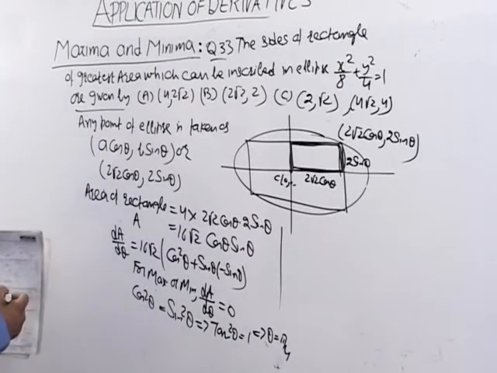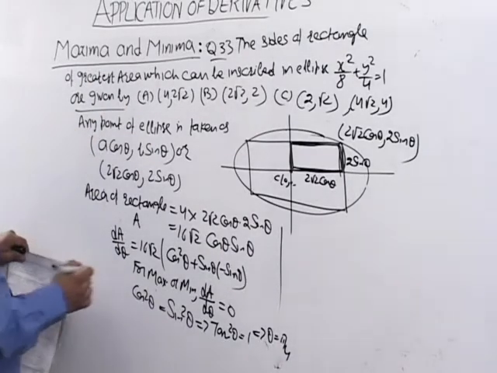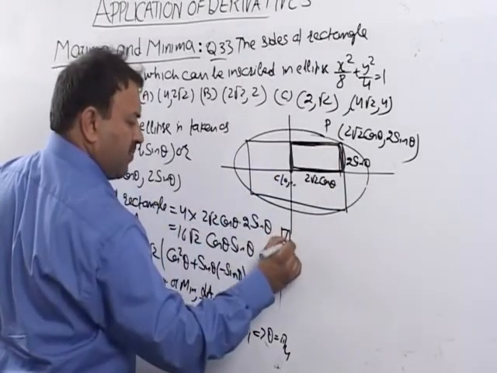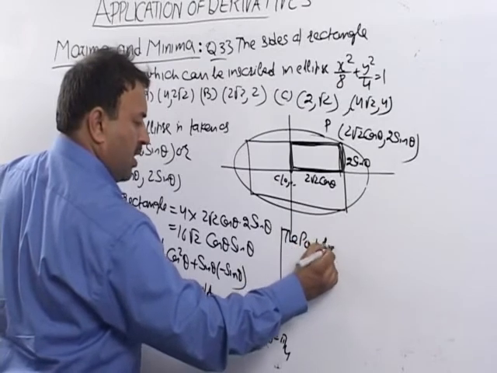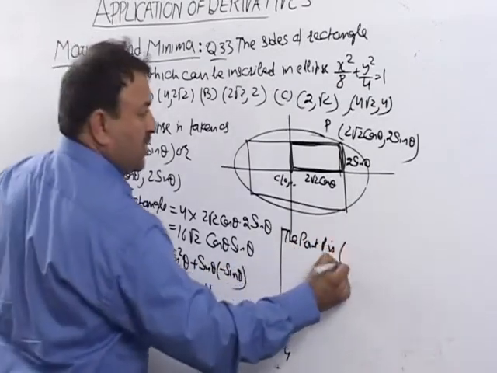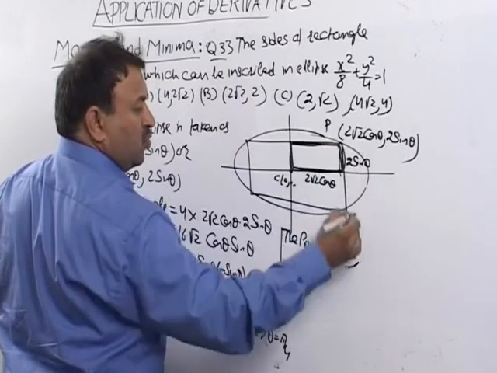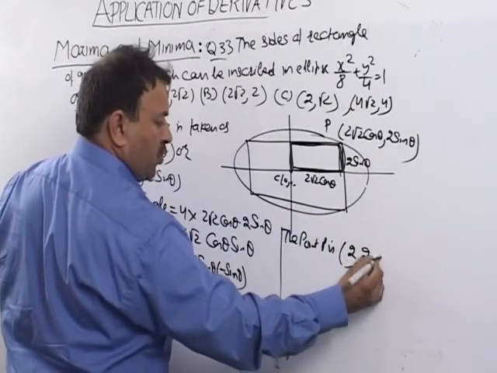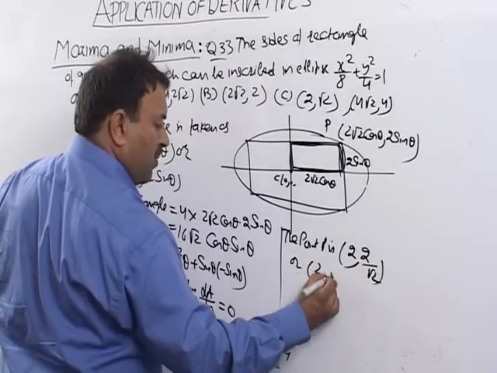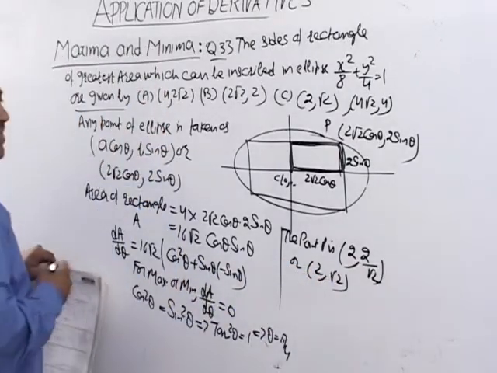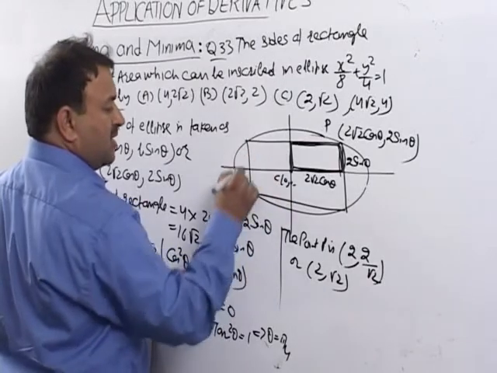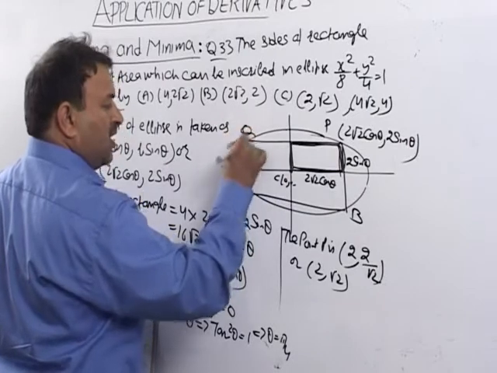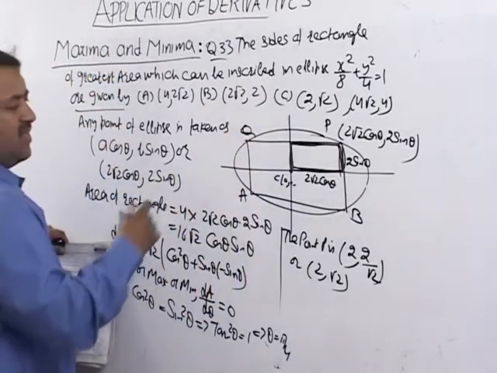Theta is equal to pi by 4. Then I can say the point P comes out to be 2 comma 2 upon root 2, or 2 comma root 2. That means if I draw A, B, C, D, A, P, B, Q, I take it this is a triangle.